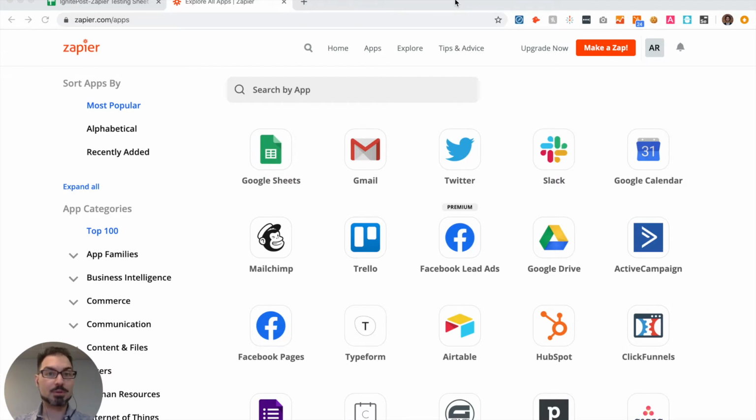So as an example, let's say that every time a new row is added to a Google spreadsheet, we wanted to trigger a handwritten card to be sent. We can do that using Zapier pretty simply. So what I'll do now is I'll walk through that example and show you how quick and easy it is